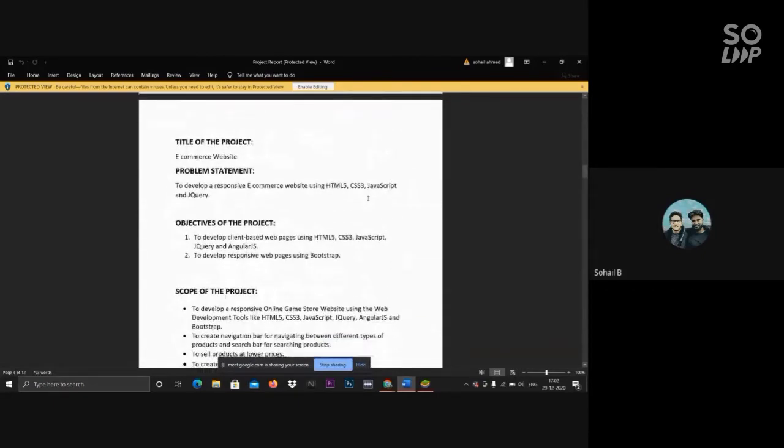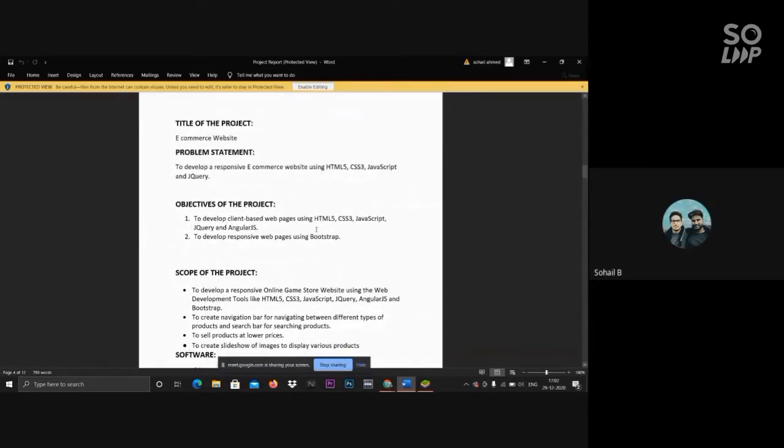So basically, what is an e-commerce website? An e-commerce website is a platform where small businesses, major businesses, and vendors connect to each other, in which they can boost their sales. As you can see, in this era of technology, an e-commerce website is a must, as everybody is shopping online today.